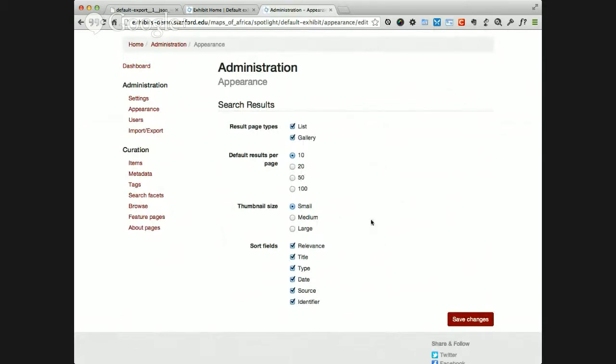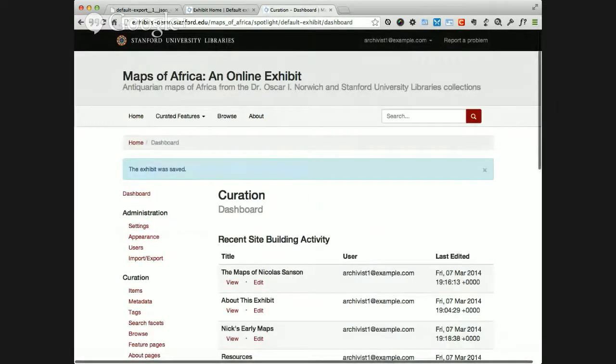So for example, in this exhibit, perhaps we only want our site visitors to see search results in a gallery view. So we can deselect the list view, and perhaps we don't feel that identifier, source, and type fields are very useful for sorting our search results, so we can deselect those. When we save our changes and we go back and do another search,